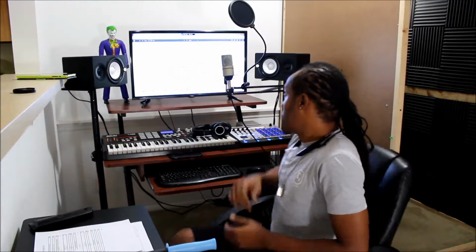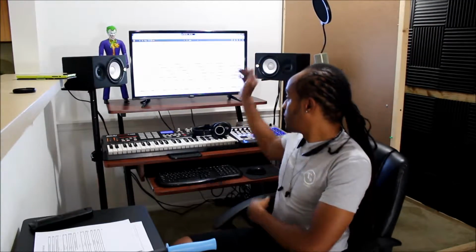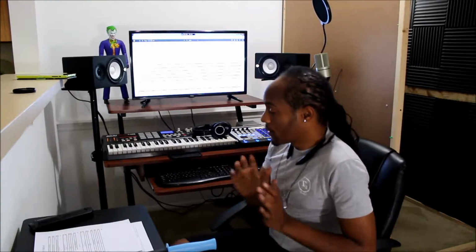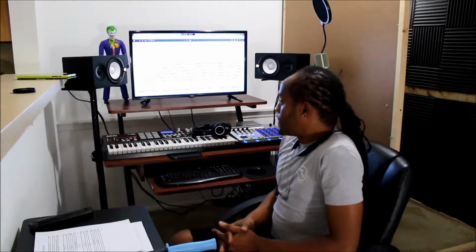Alright, so let's start off with the speakers. Yamaha HS5s, active monitors. Honestly, I love them. As you can hear, the microphone probably won't pick up the best quality that these speakers are giving out, but I definitely love them. A lot of reviews have said that they lack a heavy bass. I don't want to say lack a good bass, because it definitely has a good bass. It may not have a heavy bass,